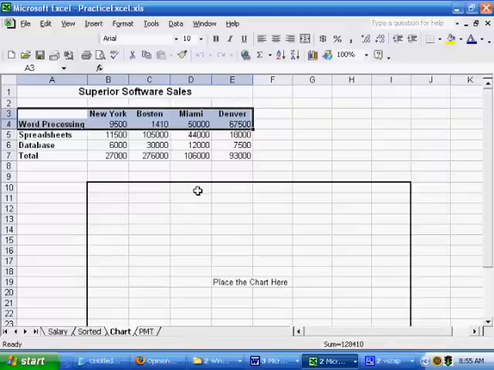So you see what they had you select here is the word processing data for New York, Boston, Miami, and Denver. They don't have you select, for example, spreadsheets, database, or total. We're just looking at the word processing data. So we're really looking at a single data series, the series of word processing data for each of these locations. So we're going to select those cells first, and then we're going to form a pie chart with a 3D